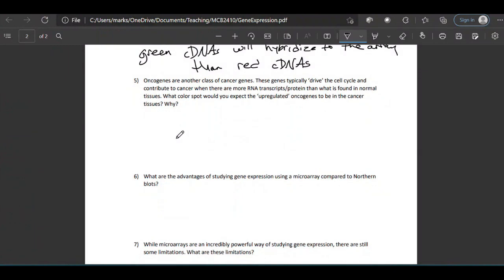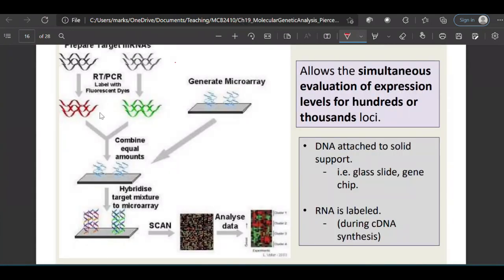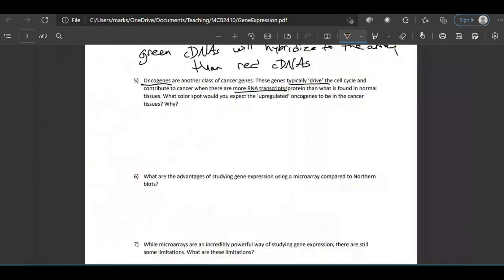Okay, now oncogenes, we're going to learn, is another class of genes. And these often drive the cell cycle and contribute to cancer when there are more RNA transcripts than what's found in a normal cell. So in this case, it tends to be upregulated or increased expression. And so in that case, compared to normal, I have more red than I have green. So my spot is going to be red